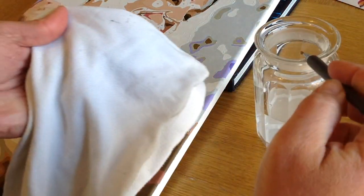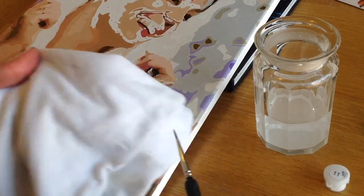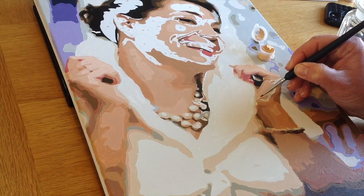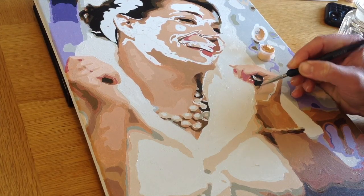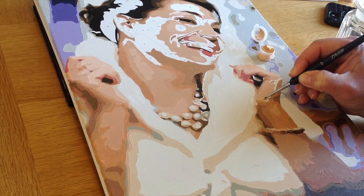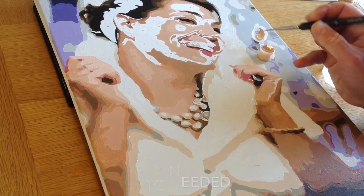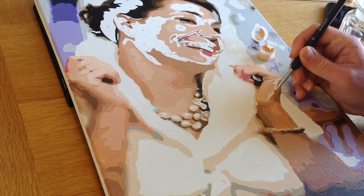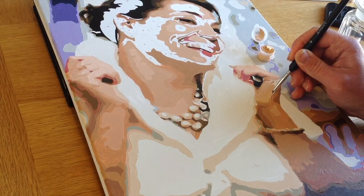While you're painting, have one or two pots of clean water handy, and I always keep an old cloth with me just to dry off the water. You can get paint by number kits which are framed and unframed. As you can see, this is a framed one and it's much easier to work on, and also once you've finished it's ready to go on the wall. You just pop it up on the wall without having to get it framed,